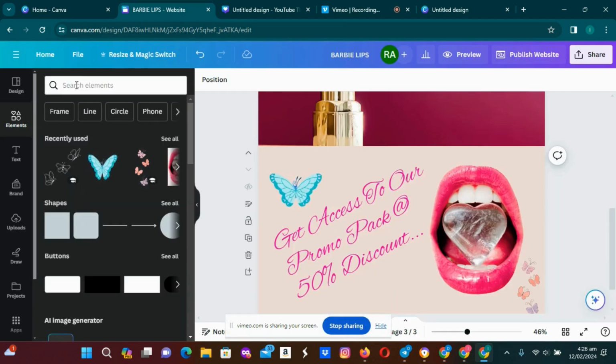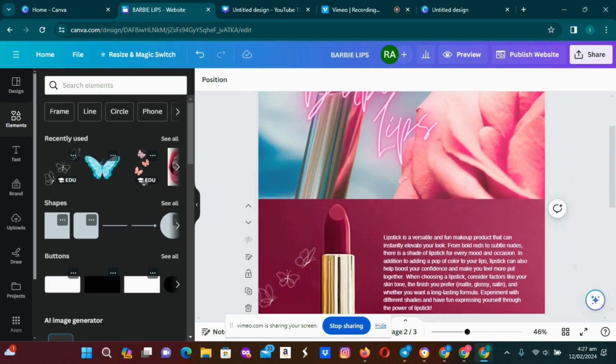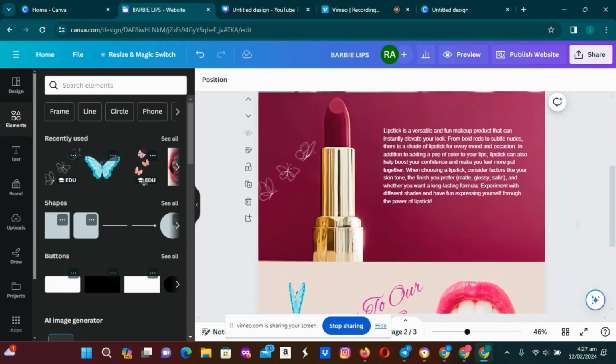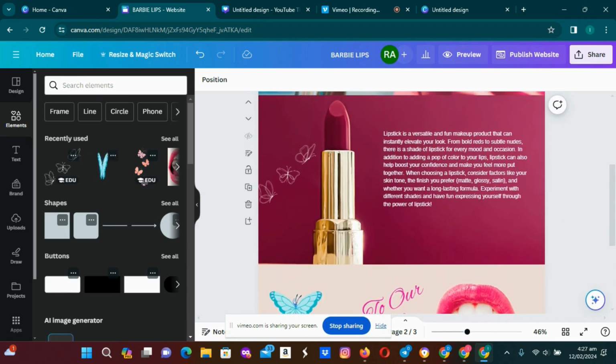Now, one more thing before we conclude all of this, you need to know how to put clickable buttons in your designs. Okay, so if you've created a design and you want to add buttons that are clickable, buttons that your clients can click on and be navigated to somewhere. All right, so any of the pages can have buttons. So I want to use this page too that says catalog. So when somebody comes here and they want to click on catalog, for example, here is how to add a